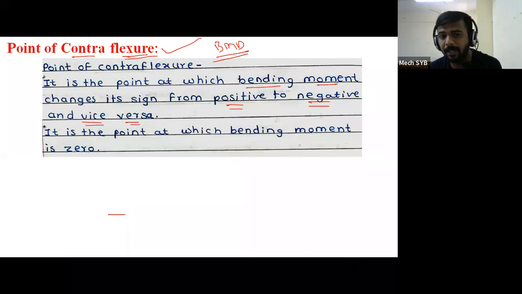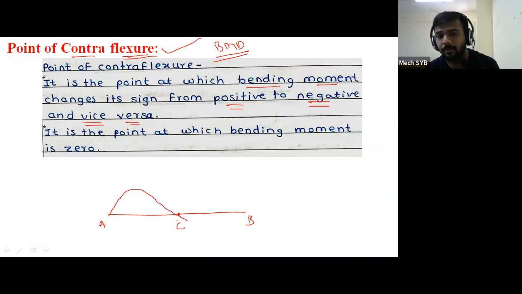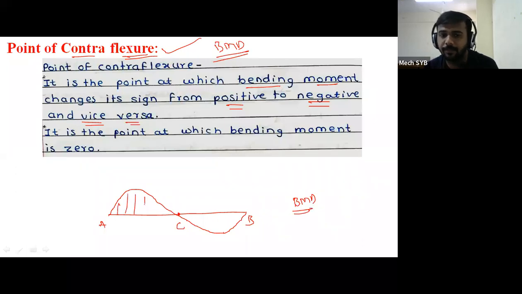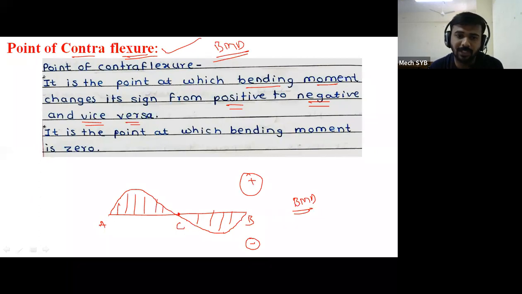जर मी डायग्राम ड्रॉ केली बघा, अशी जर डायग्राम ड्रॉ केली, फॉर एक्झाम्पल दिस इज पॉइंट ए, दिस इज पॉइंट बी आणि मधला पॉइंट सी. ठीक आहे, असं मी कर्व काढून this is the bending moment diagram. These are the hatching lines. So again this is the positive region, this is the negative region. Okay, bending moment calculation started from point A. मग बघा हा कर्व काढला, हा कर्व थोडा पॉझिटिव्ह रिजन मध्ये गेला, वर जाऊन परत तो खाली आला आणि at this particular C